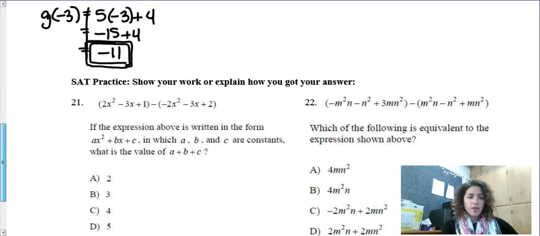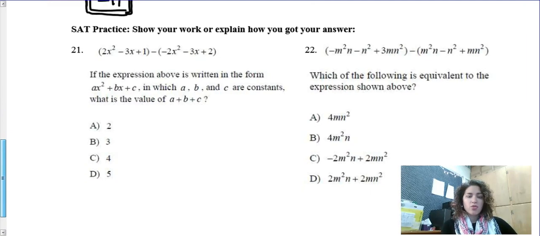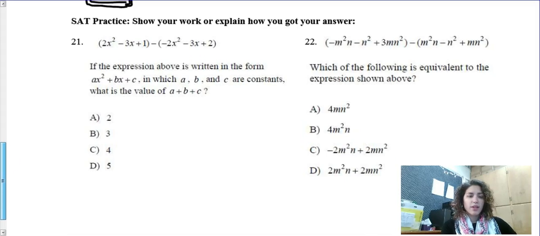All right. SAT practice. Show your work or explain how you got your answer. 21. We're given this expression here. It says, if the expression above is written in the form ax squared plus bx plus c, in which a, b, and c are constants, what is the value of a plus b plus c? Awesome question. So let's think about what this is asking us. It says first, if this expression is written in this form, all this means